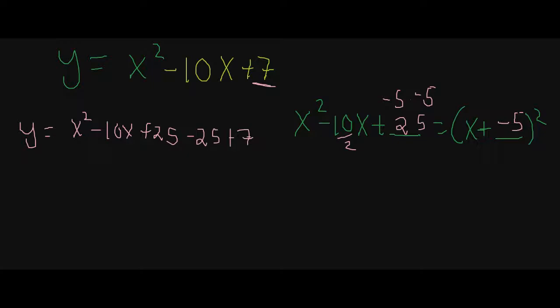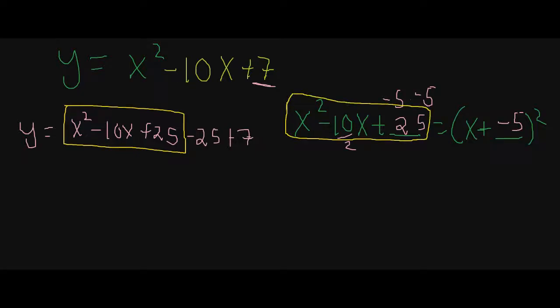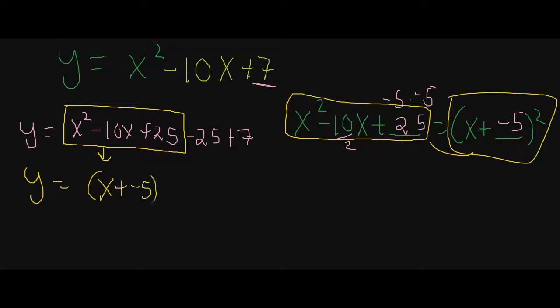Now I want you to observe x squared minus 10x plus 25. That is right here. And that equals x plus minus 5 squared. So we're going to replace it. This is going to become x plus negative 5 squared. And then we just need to simplify this here. Well, what's negative 25 plus 7? That is going to give me negative 18. One way that you could do this in your head if you didn't know: negative 25 plus 5